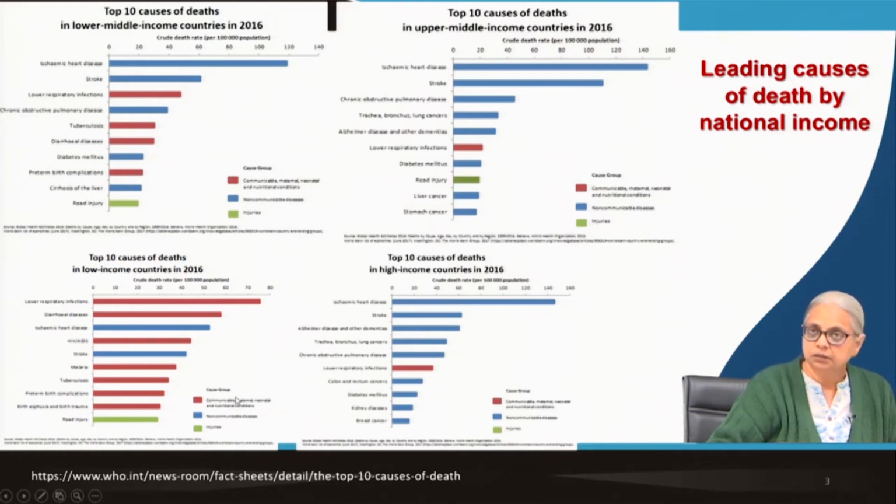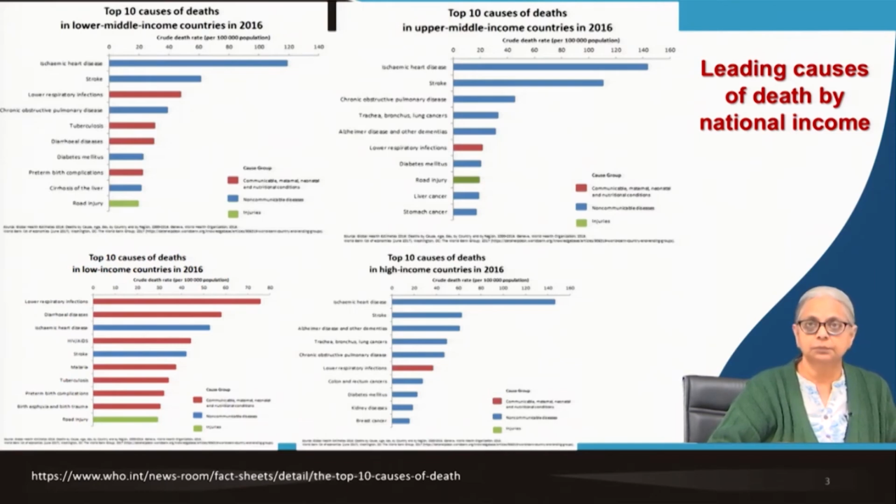The red bars are communicable diseases, and most of these communicable diseases tend to be due to microbial organisms. So if you look at the numbers, I think that's 7 out of the 10 top causes of death in low income countries that are related to communicable diseases, and most of them, like I said, are related to pathogenic